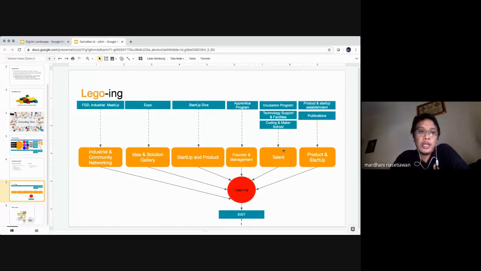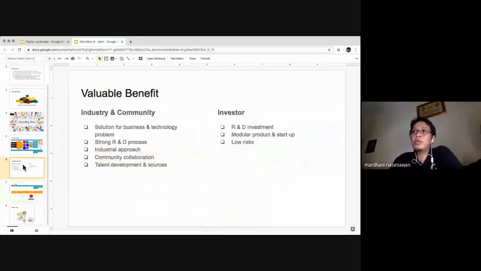So based on this scenario, actually, it's very easy for you to get a lot of benefit from it. For example, at least the valuable benefit is you will be brought closer to industry and community. It means if you have this scenario, you have a solution based on your business and technology for industry, so they will trust you. You can imagine that when you talk with them for the first time about the idea, you have a good relation with them, and of course it also develops their trust.